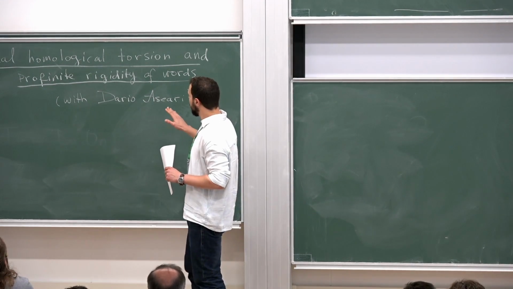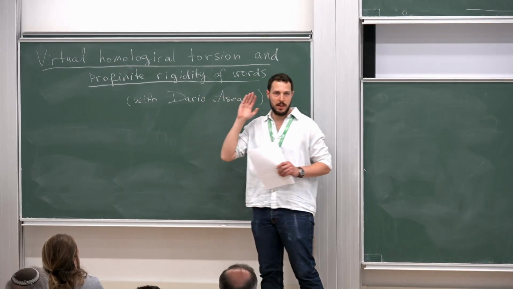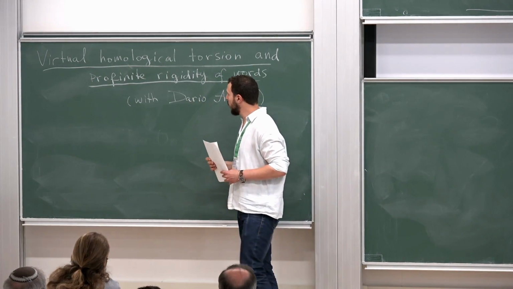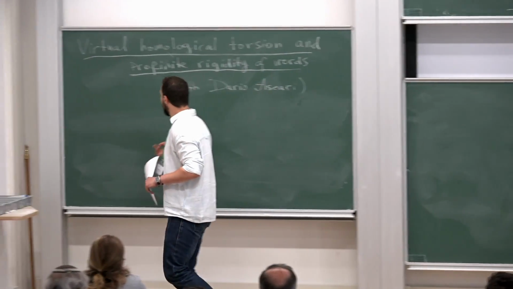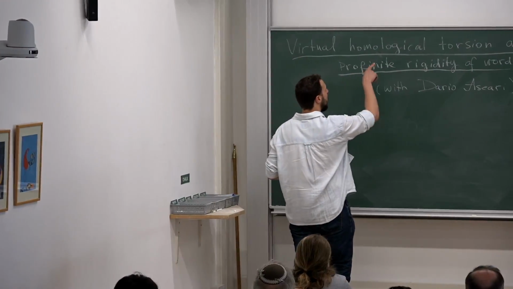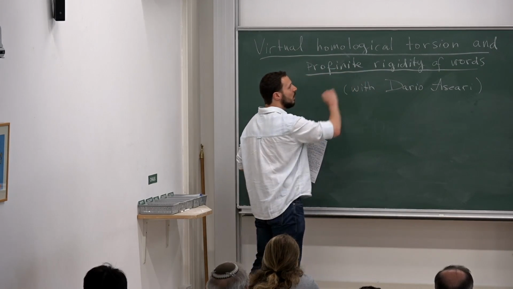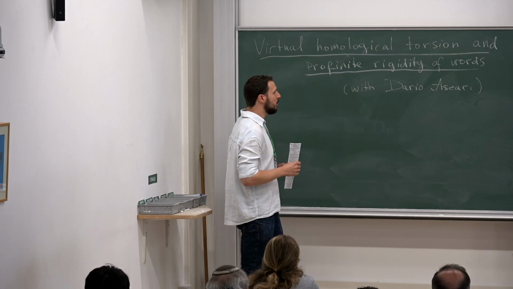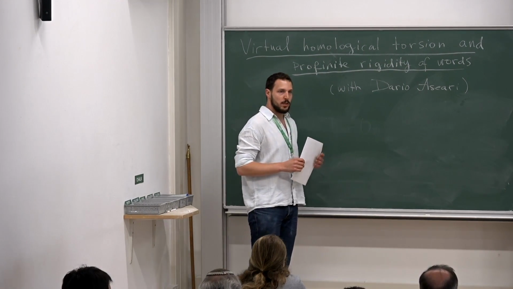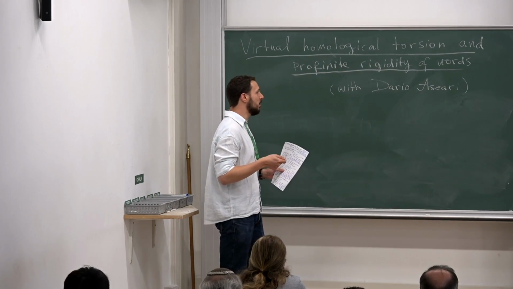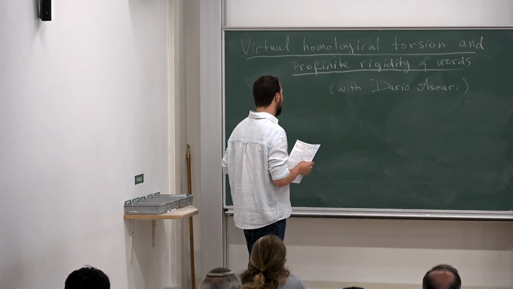I should say that this project is more of a topological statement about certain two complexes rather than a straightforward profinite type of project. And the plan for today is to go maybe in reverse order of the title, start a bit with the question of profinite rigidity of words. So I plan to motivate this question, explain a bit why it's hard and tell you what is known. And then I will talk about how the topology of certain two complexes can help us tackle, or at least give a small contribution toward, this big open problem.